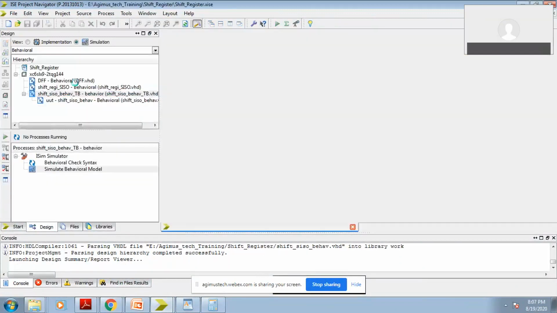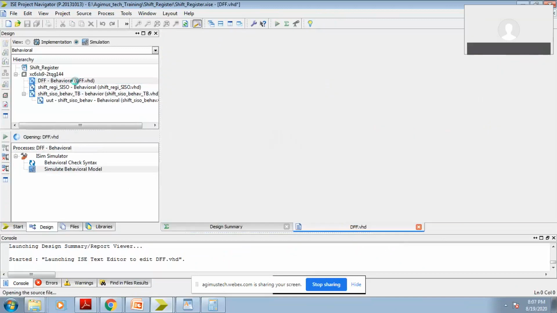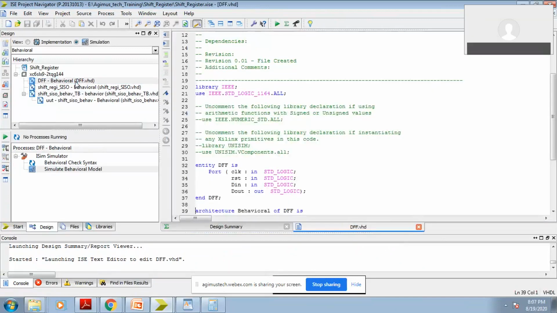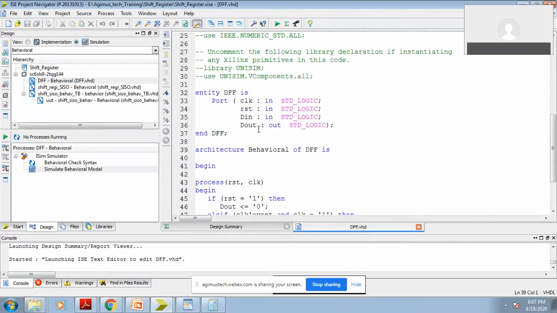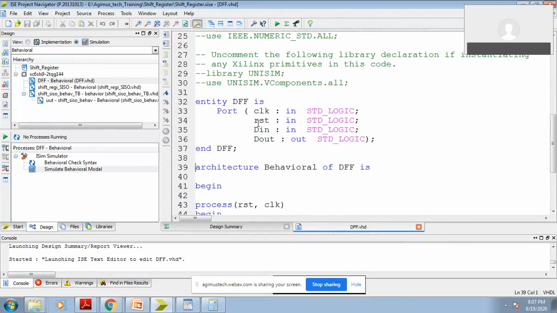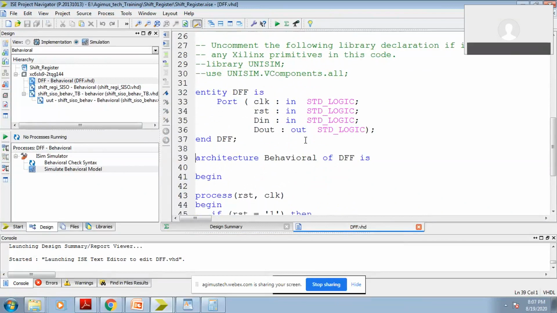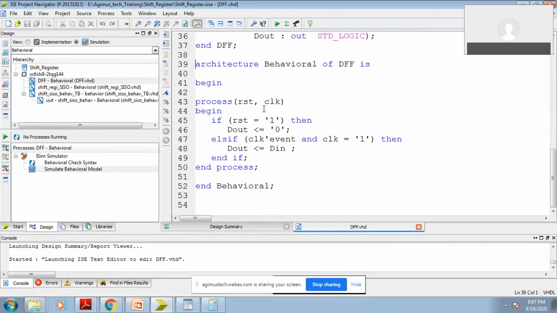Yeah. So as I already mentioned, to implement the shift register using D flop, the D flop must be declared first. Okay. So here I have used a D flop. A clock, reset, D in, D out is there, and then this is the process. Very simple process we have used here. On reset equal to 1, D out is 0, and when the clock event is there, D in is nothing but D out. This is a simple D flip flop.